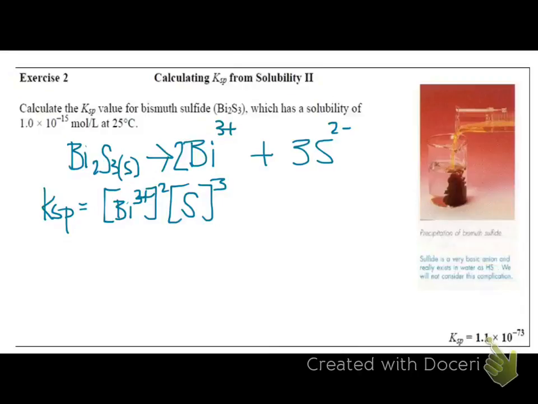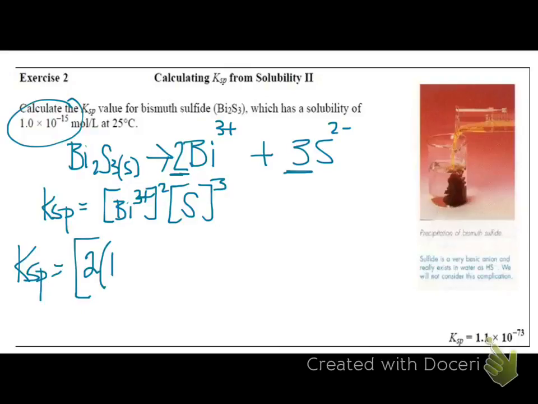So we're going to take this 1.0 times 10 to the negative 15, and we're going to multiply it by the numbers that we have in front of that. So KSP for bismuth is going to be, we're just going to go ahead and write it like this so you get used to seeing it, 2 times 1.0 times 10 to the negative 15